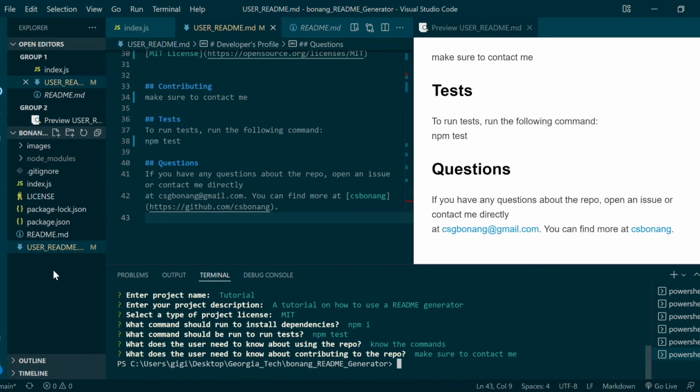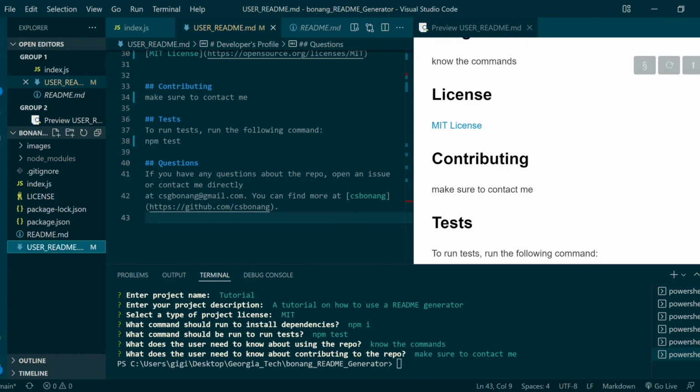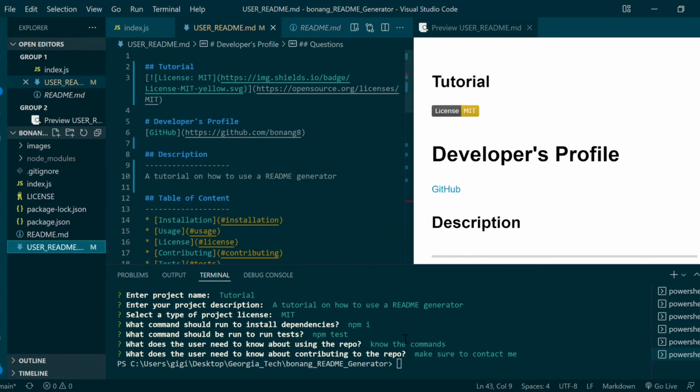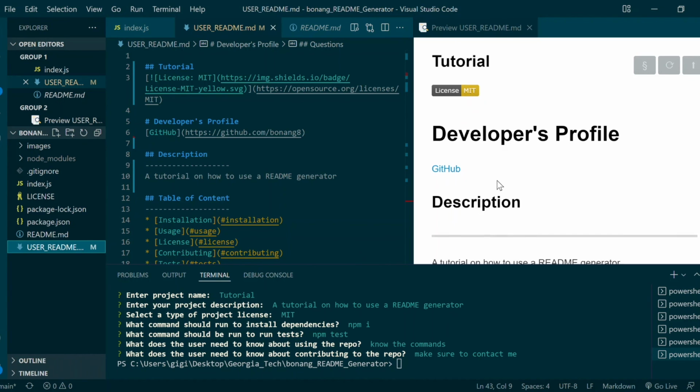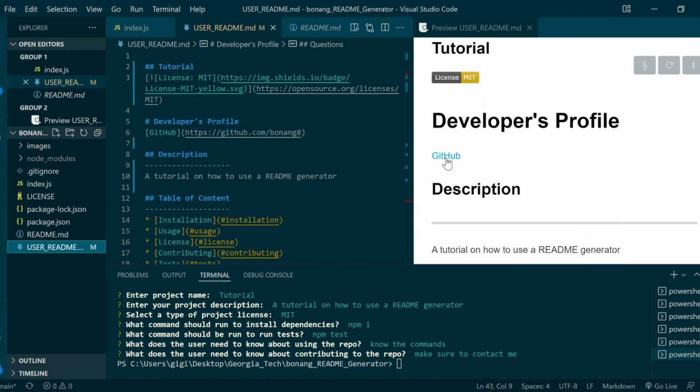Ready. So if we click on the user README, the README should be updated with all the information that we inputted. So here we have the tutorial, our license MIT, and a link to our GitHub repository. I'm not going to click there because it's going to take a while to load, but it should direct you to your GitHub homepage,